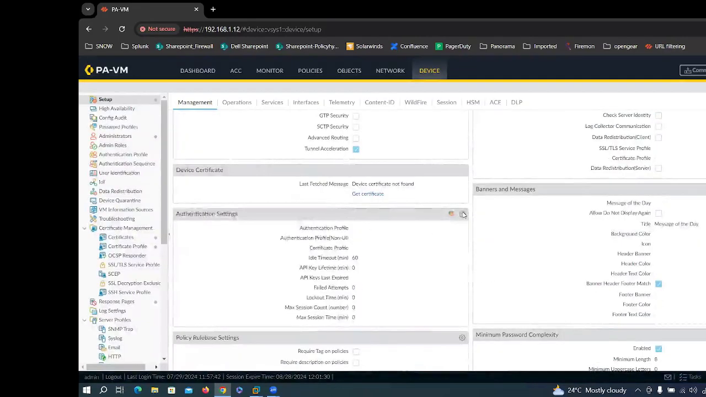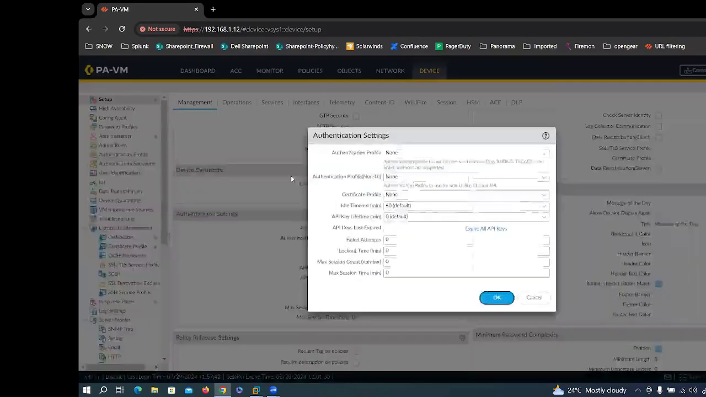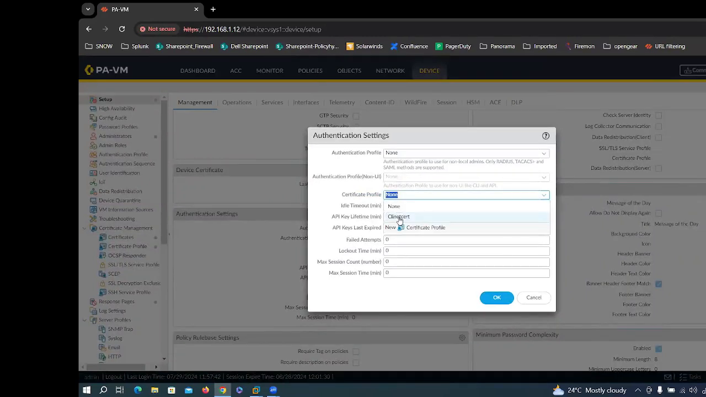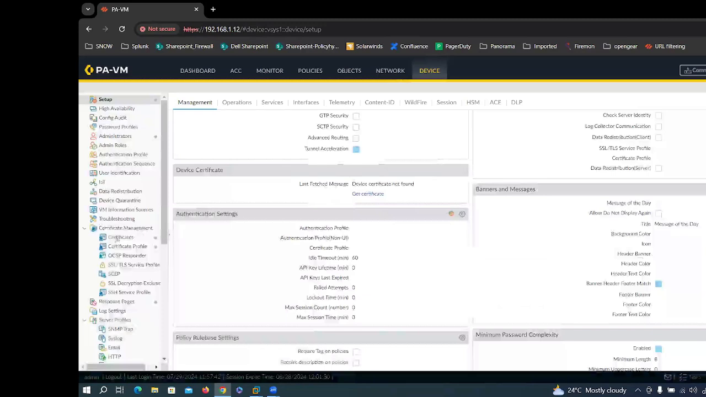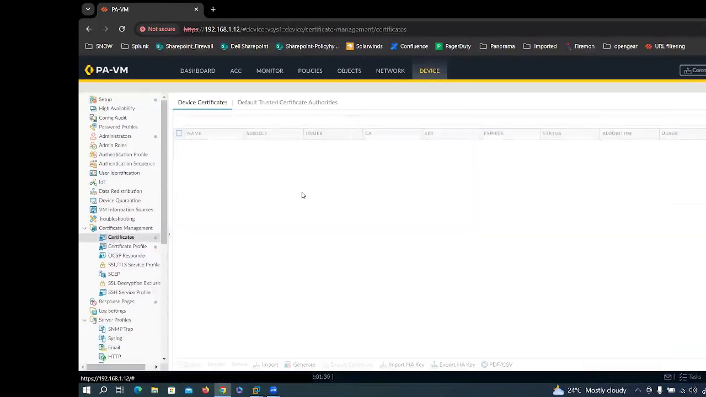In the authentication setting, we'll click on certificate. Can you see this certificate here? The certificate we have created, the client certificate. Yes, Ravi, click on this. Once you click on OK, it starts working. And this client certificate should be downloaded,